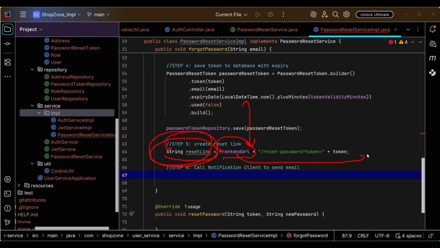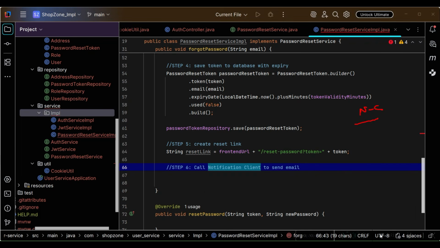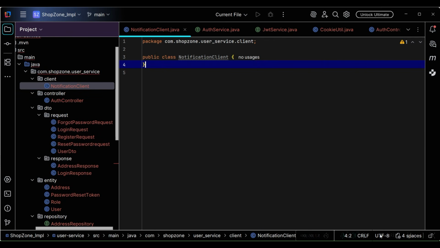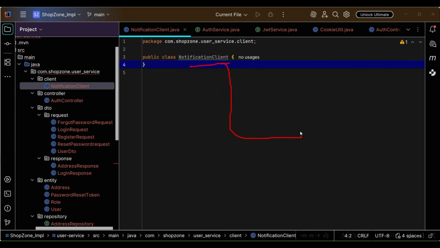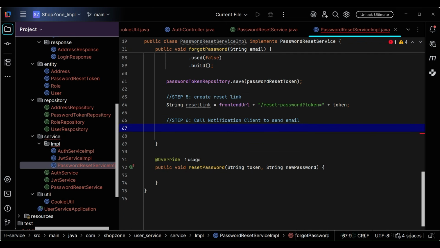It should be like localhost 5173 or 3000 for React. And once done, now we call the notification client, which we created in the last lecture. This client's job is to call our notification service to send the email with this link, and the user will get the email. So now the last step is